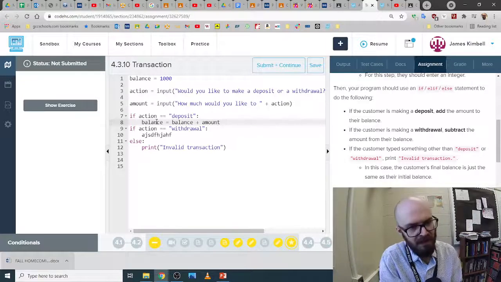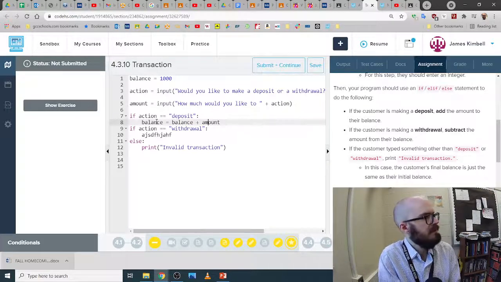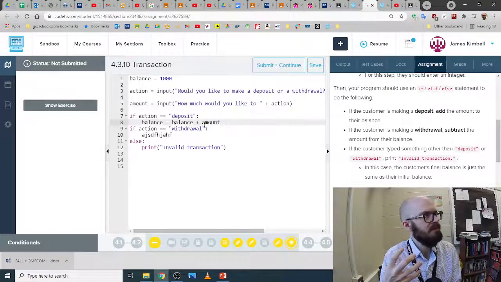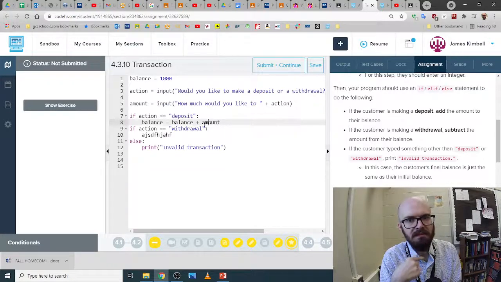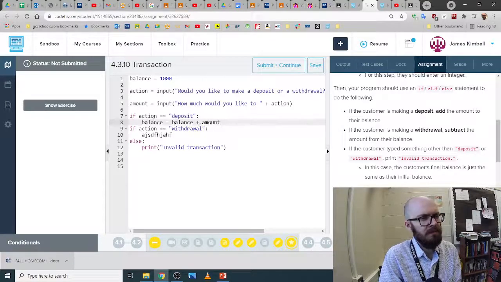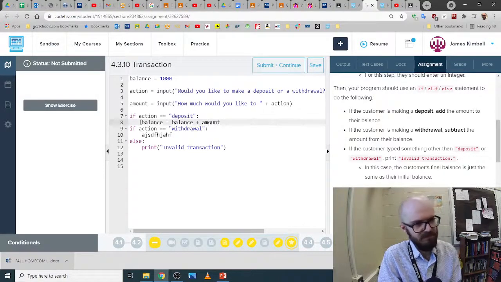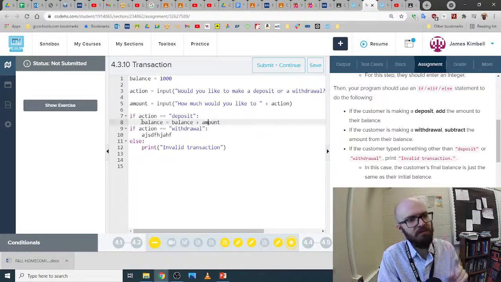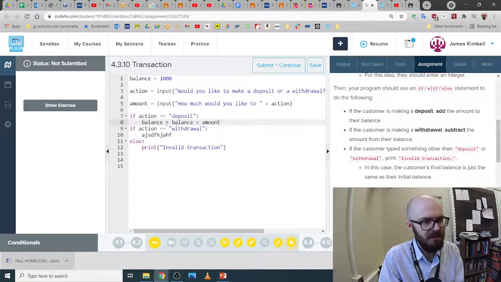However, there's one more thing I want to add to this, because in code like this, you have a million versions of this action where you have your thing and you add a little bit to it, or you have your thing and you take off a little bit from it. For example, if you had a counter variable that's counting how many times you do something, and it's counter plus one, counter plus one. People ended up typing lines like this a zillion times, and they said, let's make it a little bit shorter. So there's a way to make this a little bit shorter, which is instead of typing a thing twice, you can say